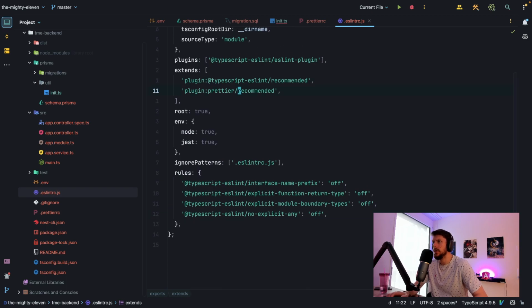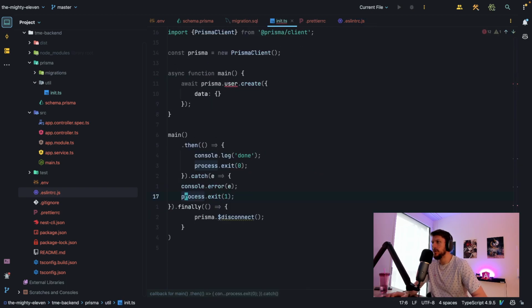Yeah, Prettier. Okay, let's revert. Let's remove that plugin. That's a bit annoying. So this disconnect, yeah, this returns a promise, so that's ignored. Okay. Anyway, so we have our main function, and we say